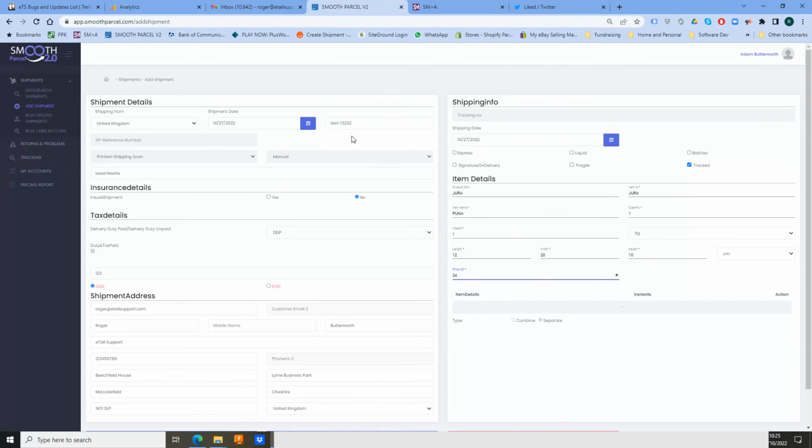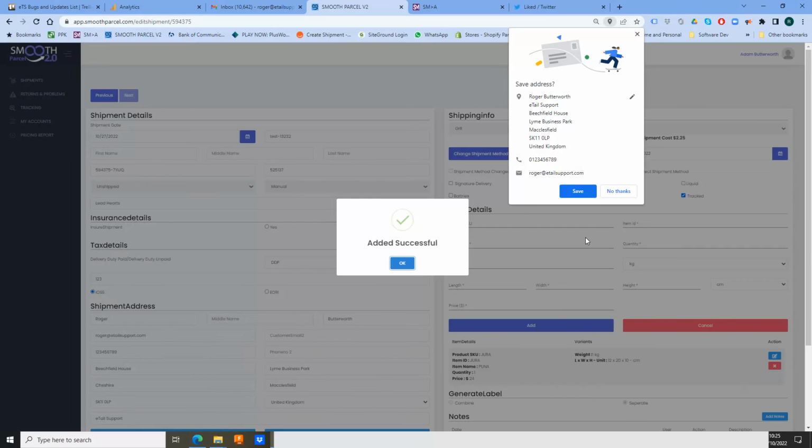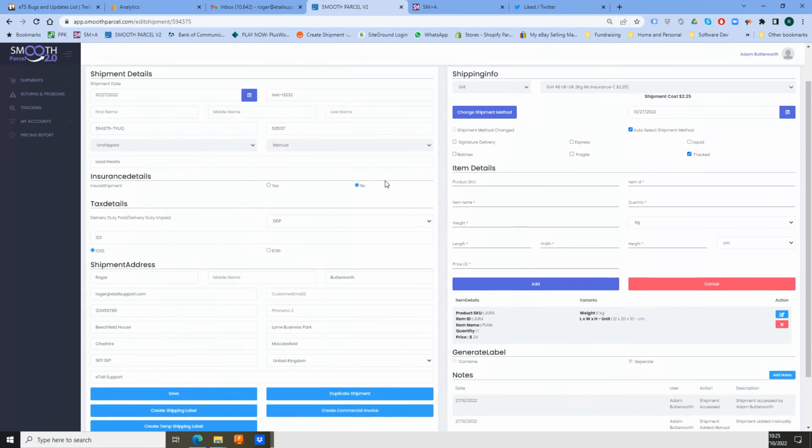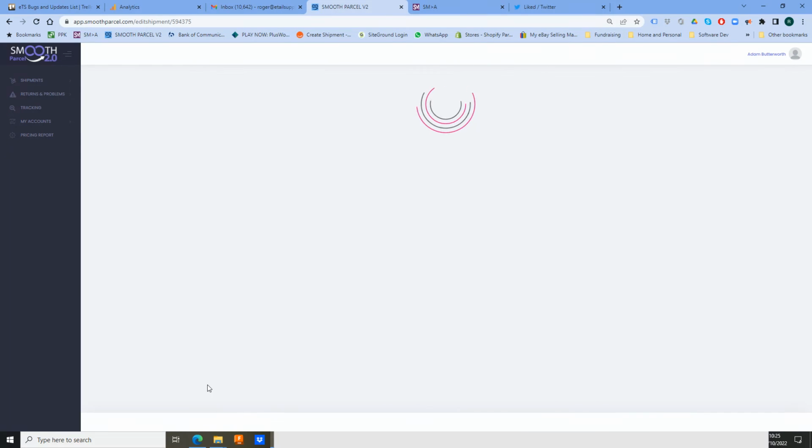So having completed all those pieces of information into the system, all I do now is save, and the system will then create a shipment record. The shipment record is as I entered it, and you can see here the details of the item that's in the package. I then click create shipping label, and the system goes away, contacts the best courier for this particular